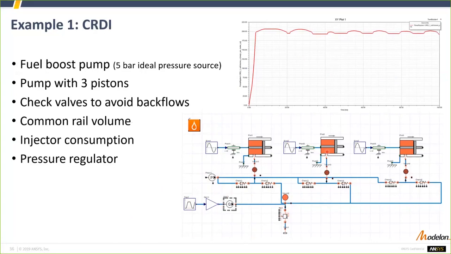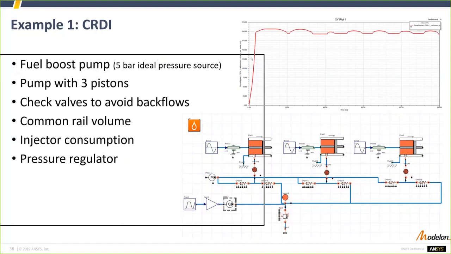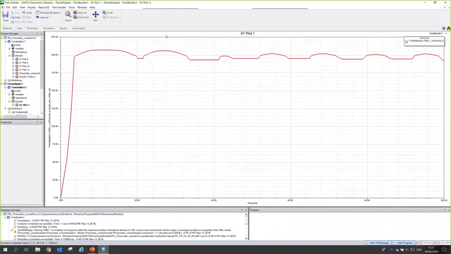If you simulate that in TwinBuilder, actually I should be able to show you the same graph here. In TwinBuilder, you would see at the beginning some ramping in pressure because the initial state was at 0, at rest. So we start simulating, the pressure gets higher, and then there are these oscillations, which are a combination of the dynamic